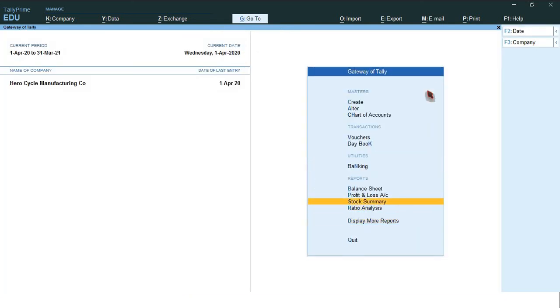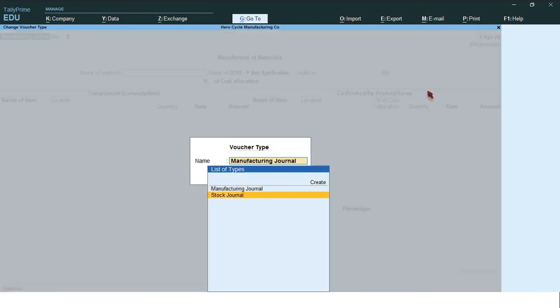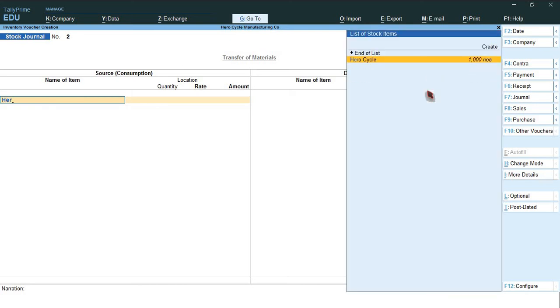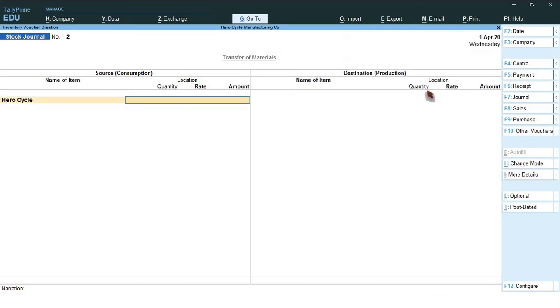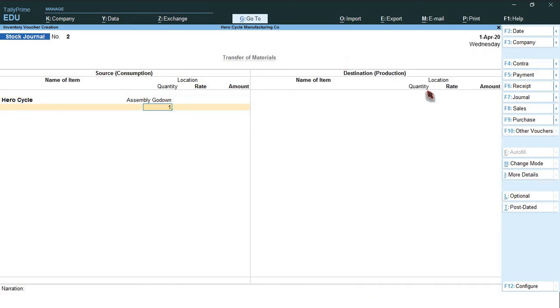So you transfer those 1000 cycles to finished godown. Go to vouchers. Press Alt F7 for stock journal. Select stock journal. So here select Aerocycle. Assembly godown. From godown, assembly godown. So 1000 quantity. So rate is 6154.65 per number. Okay.